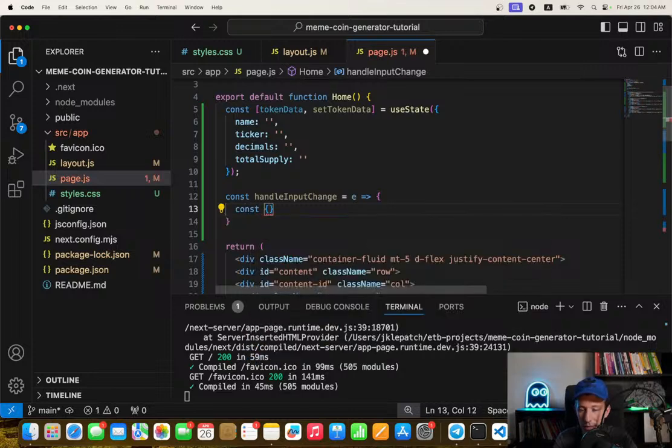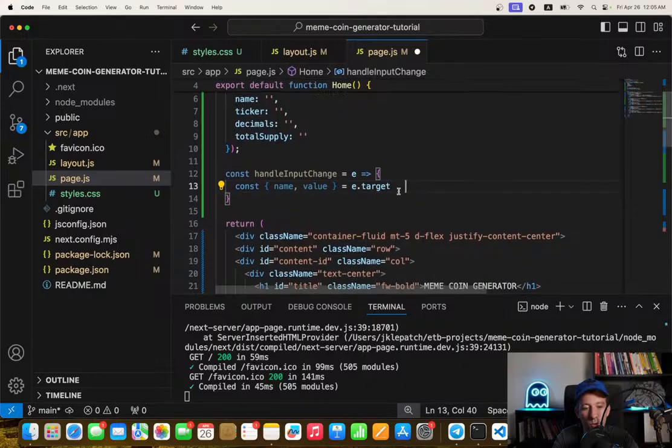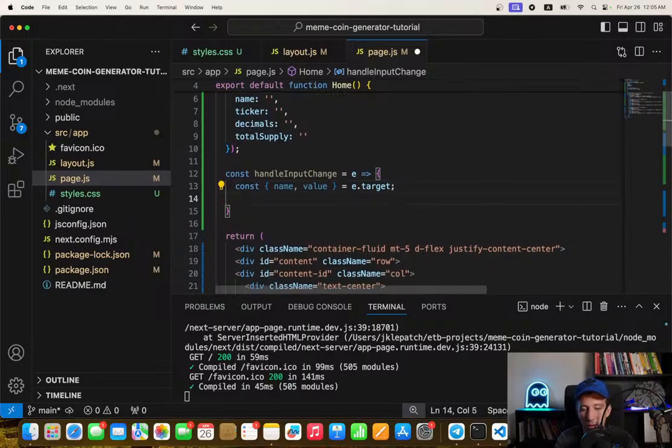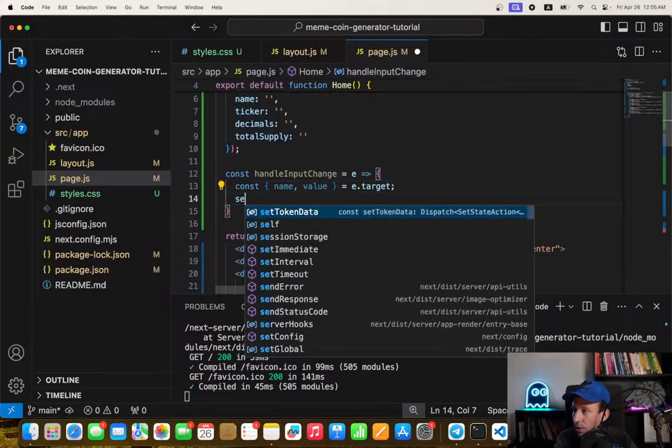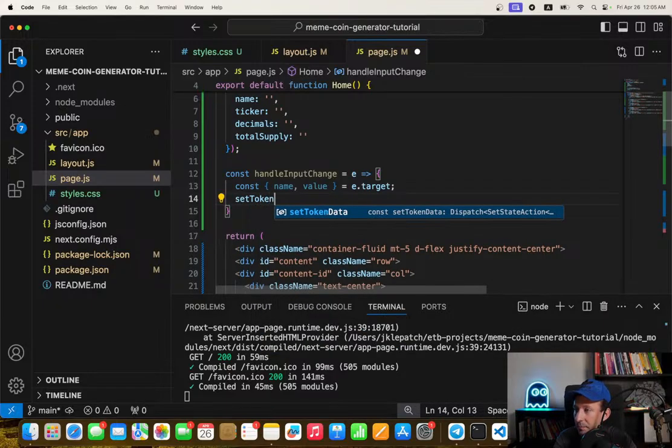In this event object we're gonna extract the name of each input and the value of each input. Target. And after we are going to update the state, so setTokenData,